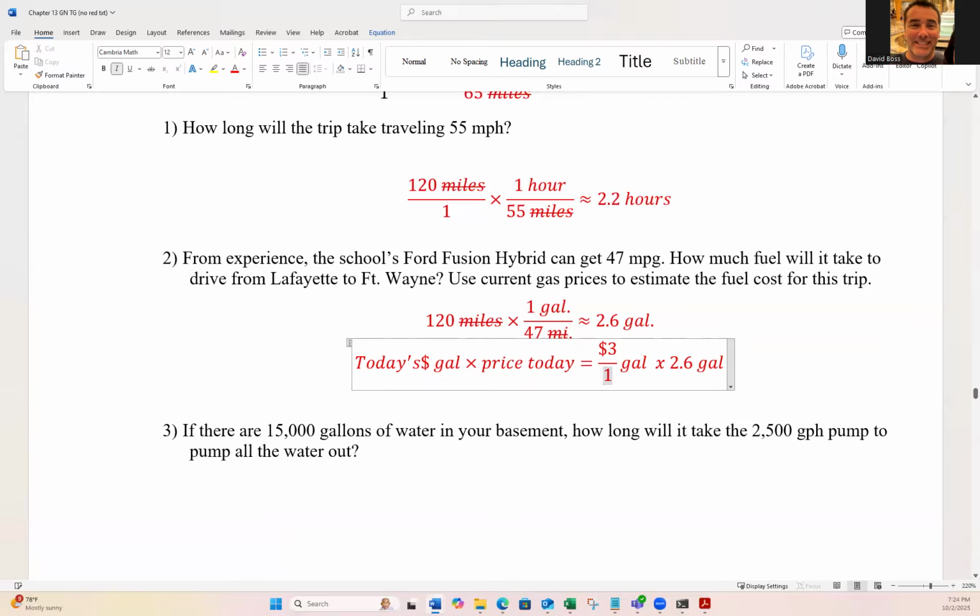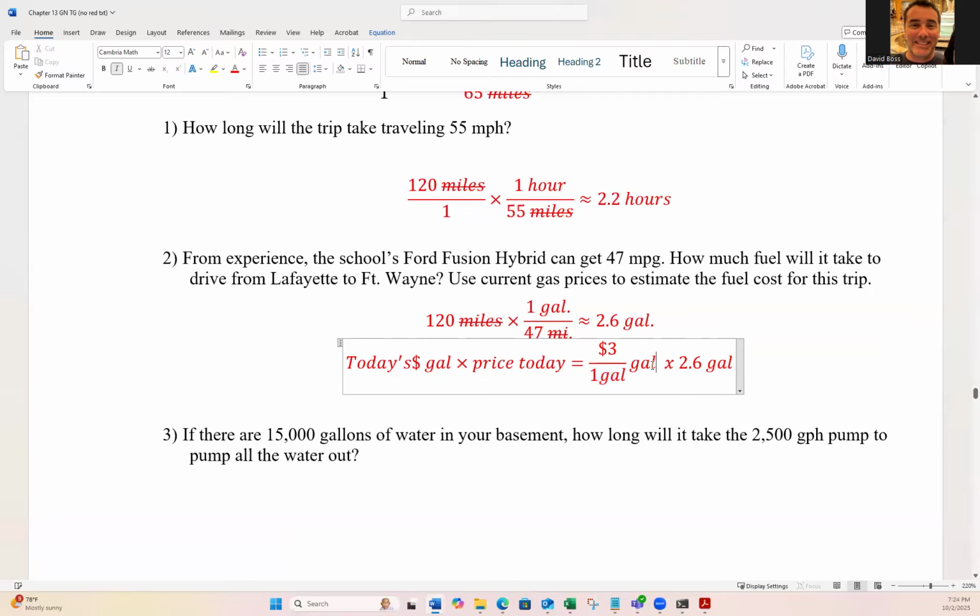This is supposed to be down here. Okay, so how much? So 2 point... Yeah, let's do the 2.6 over here first. 2.6 gallons times